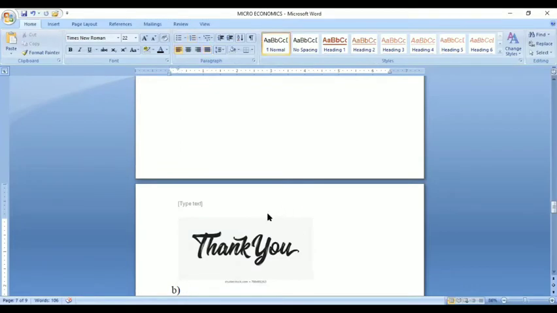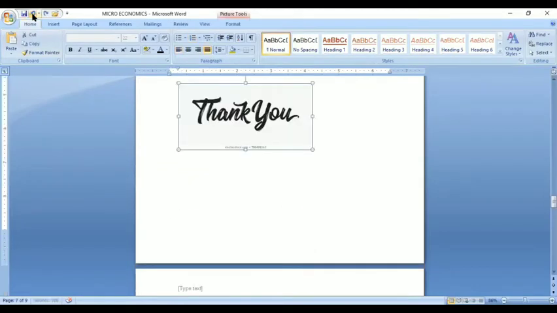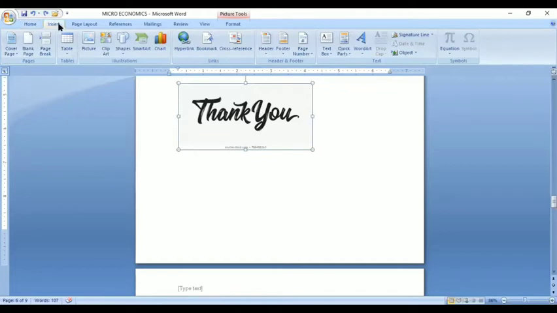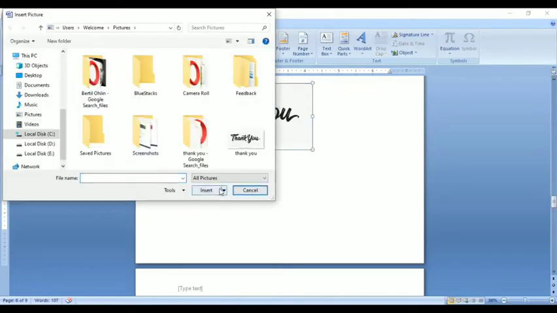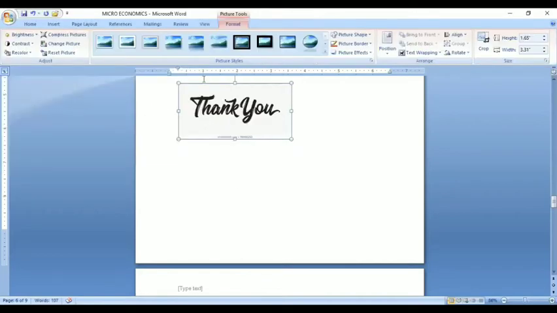Okay, for example, now I'll tell you how to use insert picture. Now you can change the shape of the picture.